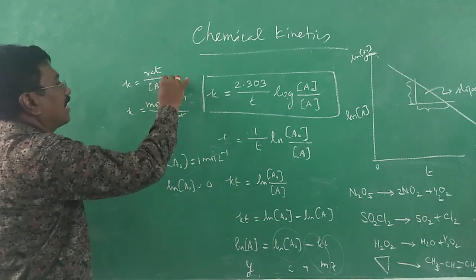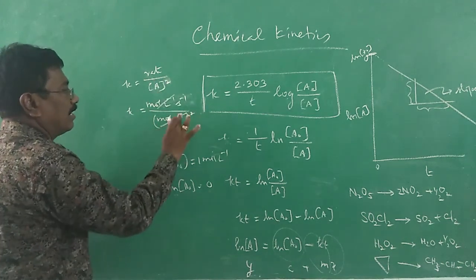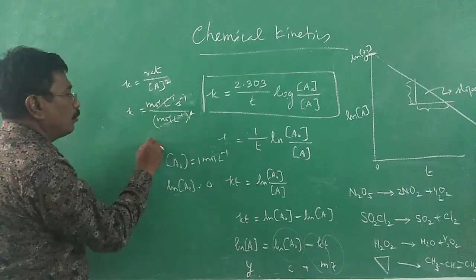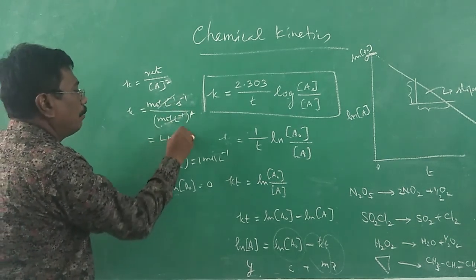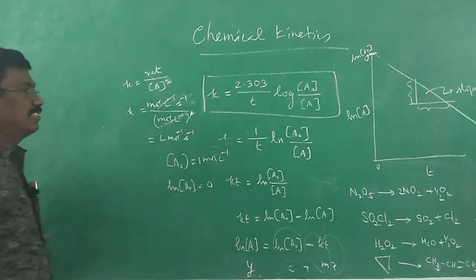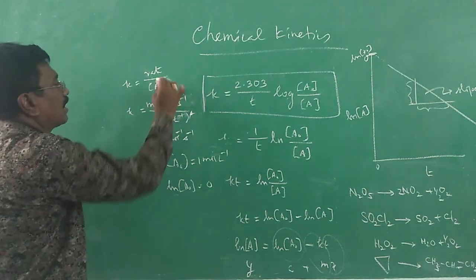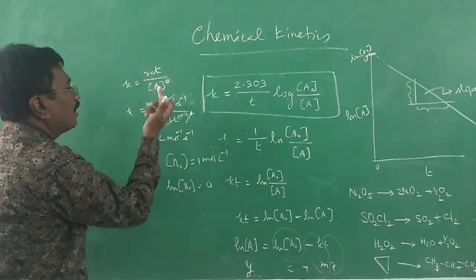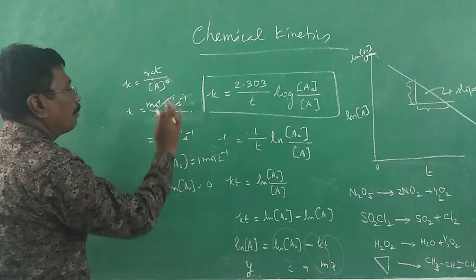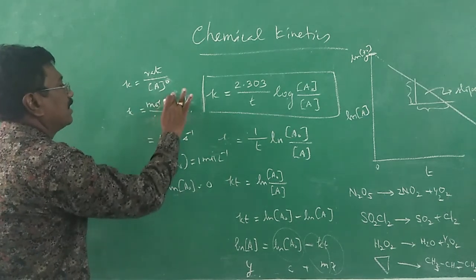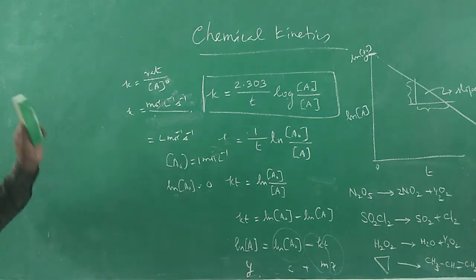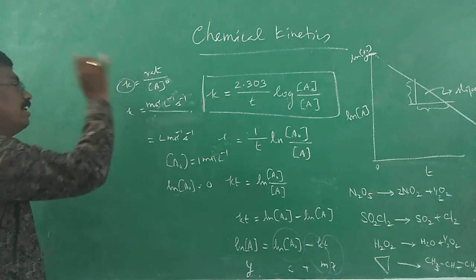Suppose if it is second order reaction, here we will be getting square. Only that square will be getting cancelled. Therefore, when mole per liter goes over to the numerator, liter per mole per second is for second order reaction. Suppose if it is zero order reaction, mole per liter per second, here nothing we have, it is 1, and therefore unit is mole per liter per second. Unit for rate is equal to unit for rate constant for only zero order reaction. For other order reactions, the unit for rate constant will be different.